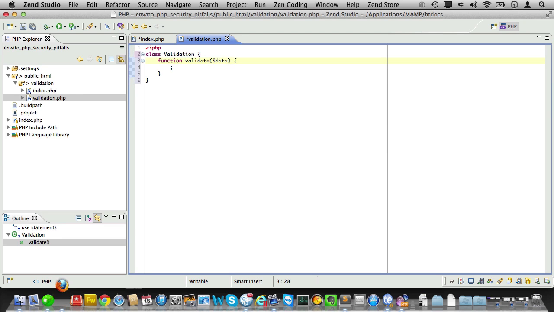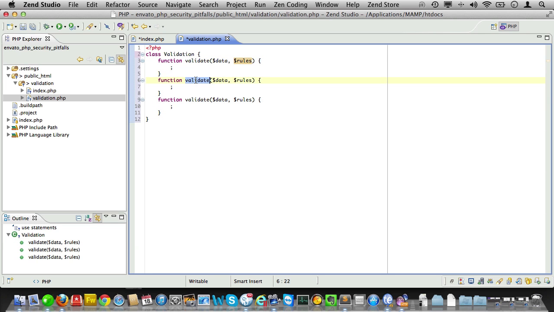Now let's make sure we pass in some data, and we should also pass in some rules. Now this is going to be a very quick and dirty validation class, not at all like the classes you would see in frameworks and such, but okay, it's for demonstration purposes anyway. So here we go. We'll just add two validation methods. One will be called email. It will take a value, and it will take a field name, like so.